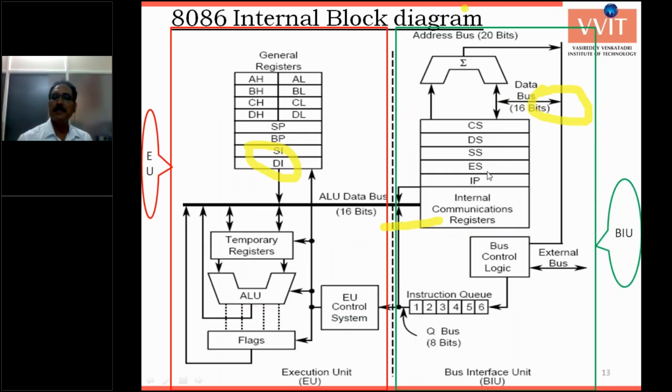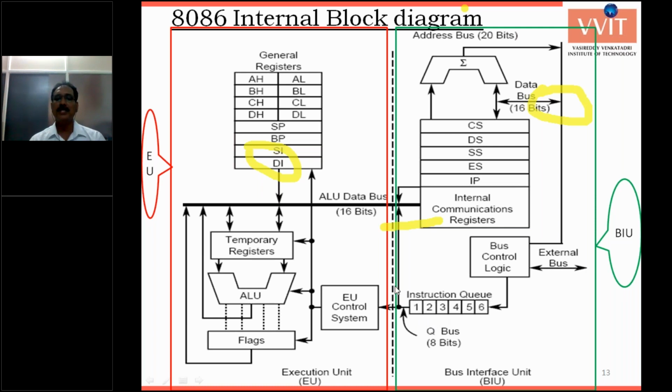Similarly, for the stack segment, extra segment, and code segment, this arithmetic unit logically multiplies by 16, or shifts 4 times to the left, and adds the IP. We get a 20-bit address of the memory location, enabling the memory. That memory content is read and loaded into the instruction queue. In 8086, the instruction queue size is 6 bytes. Why is it fixed at 6 bytes? The maximum instruction size of the 8086 is 6 bytes.